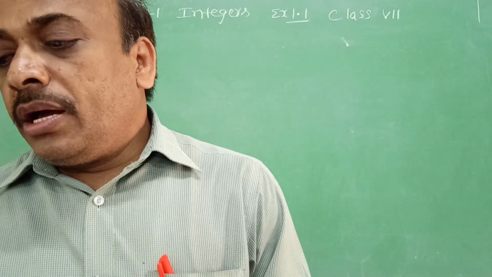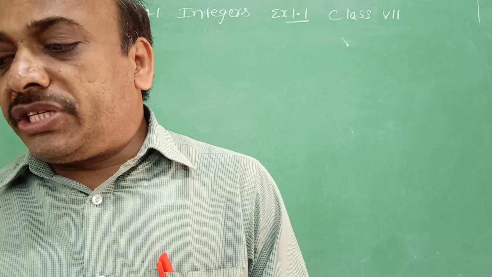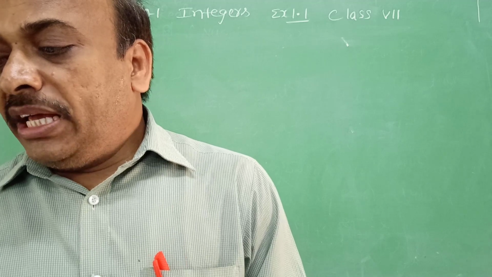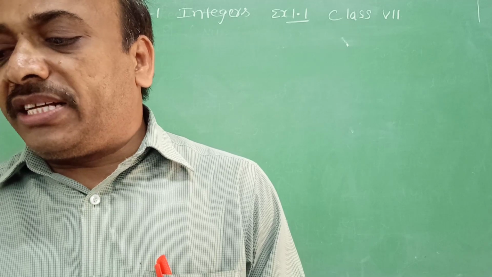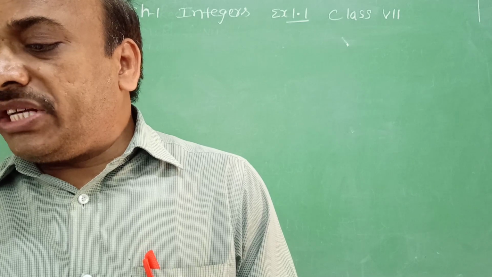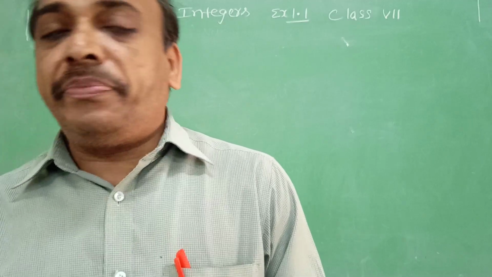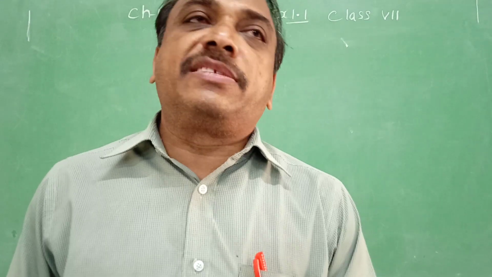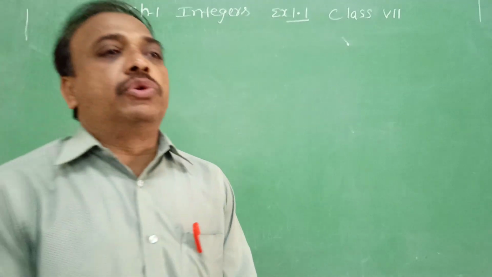Question number 6. Rita goes 20 kilometers towards east from a point B. From B she moves 30 kilometers towards the west along the same road. If the distance towards east is represented by a positive integer, then how will you represent the distance traveled towards the west? By which integer will you represent her position from A? So you have to see, when the distance towards east is positive, how do you represent towards west? It is negative. Right.